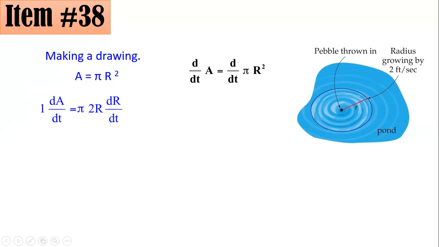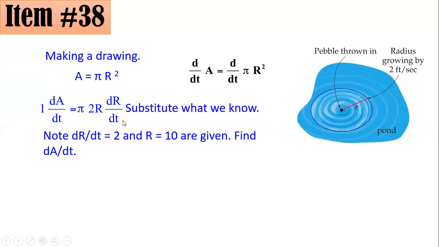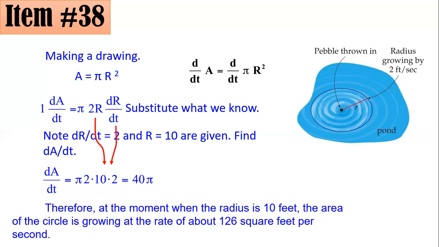And for the next one, what's important here is that you understand the problem. Remember that the radius is growing by 2 feet per second. That's our dr over dt. That is why dr over dt is 2. And when the radius is 10, then we can now solve for dA over dt. By substitution, dA over dt equals pi times 2 times 10 times 2, which is 40 pi. Hence, at the moment when the radius is 10 feet, the area of the circle is growing at the rate of